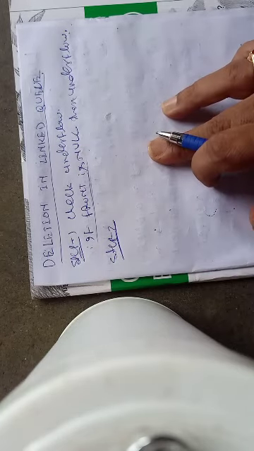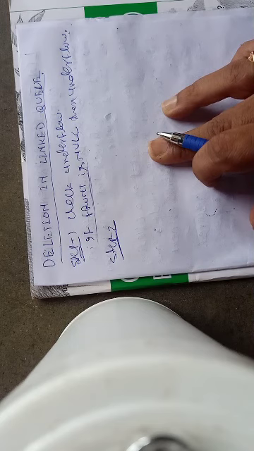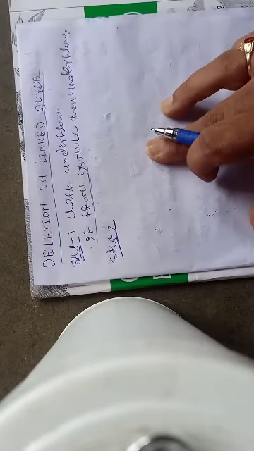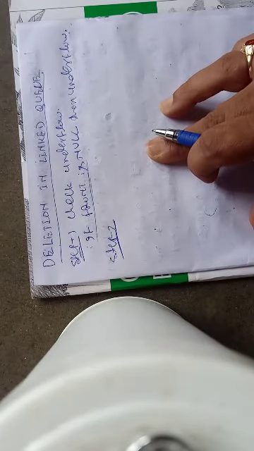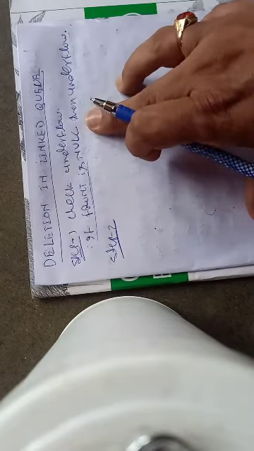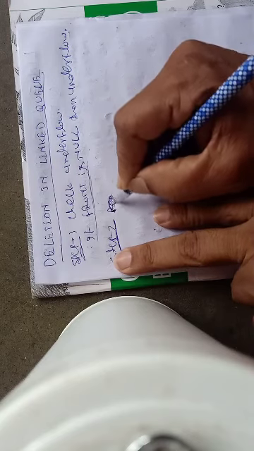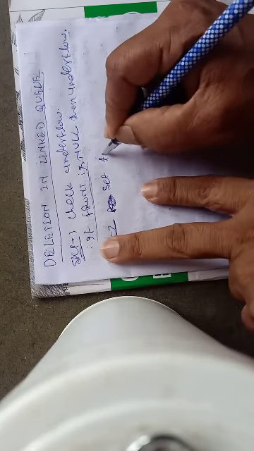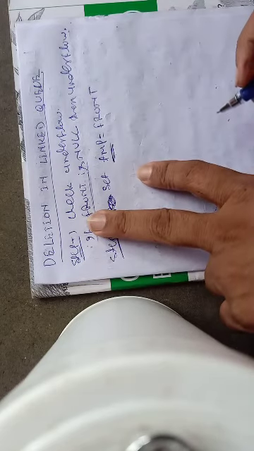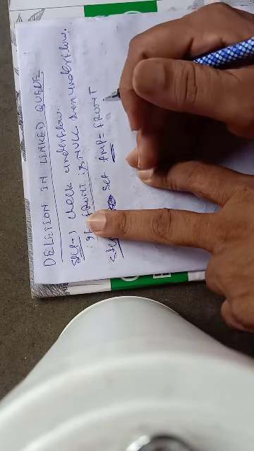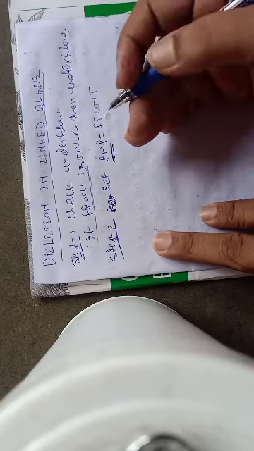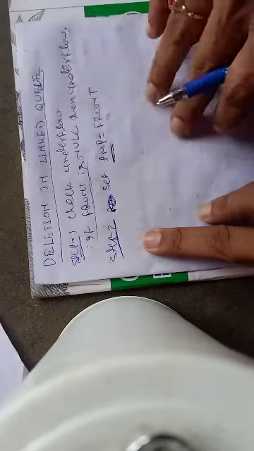Now, in a linked list, to remove a node you have to reach that node. Since I want to remove the first node, whose address is in front, I can simply set the address of the front node to a temporary pointer variable. So set TMP equals front. TMP is a temporary pointer variable and the address of the front node is now available in TMP. Then we can change front so that it points to the next node.